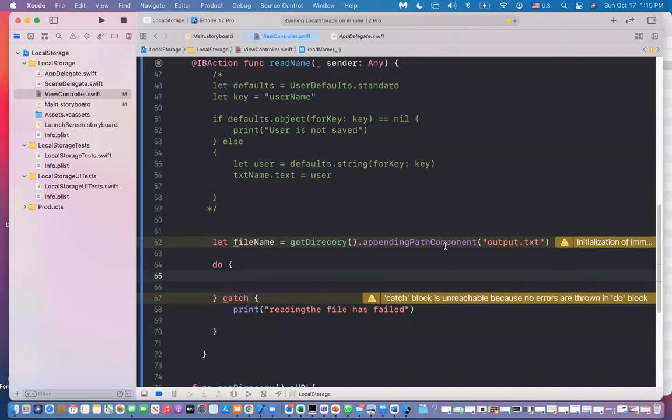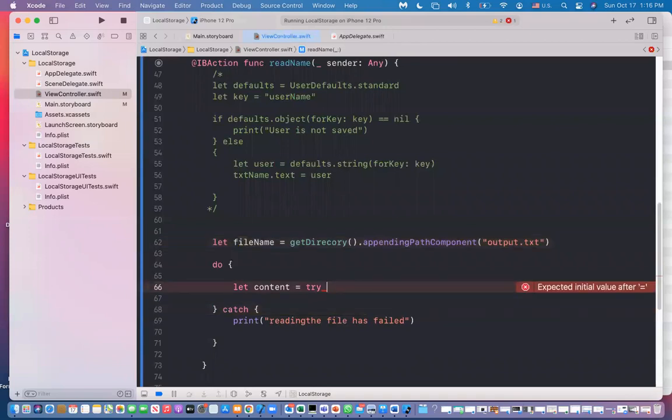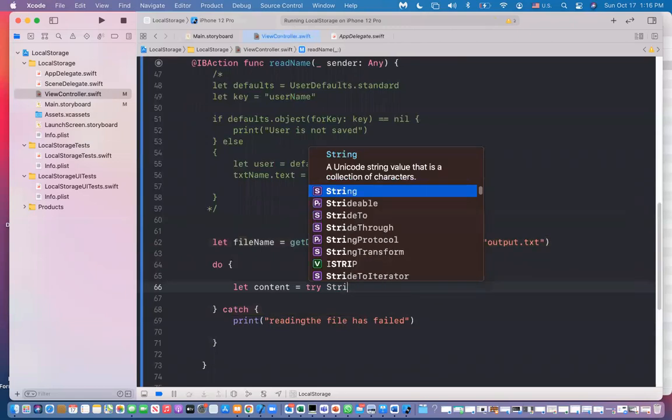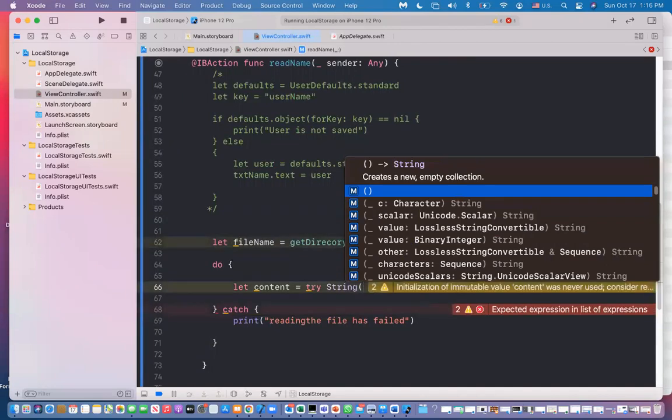So the file name is going to be the same function that we used earlier, which is get directory. We append to it the name of the file, the same file name, and we try to read the content of the file. So we say let content equal try. Because we're writing a string, we're going to read a string back. So we're going to try to string from where? From the file that we wrote to. So it's going to be content of,